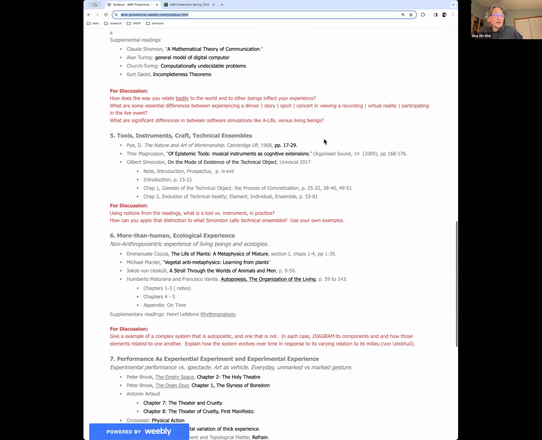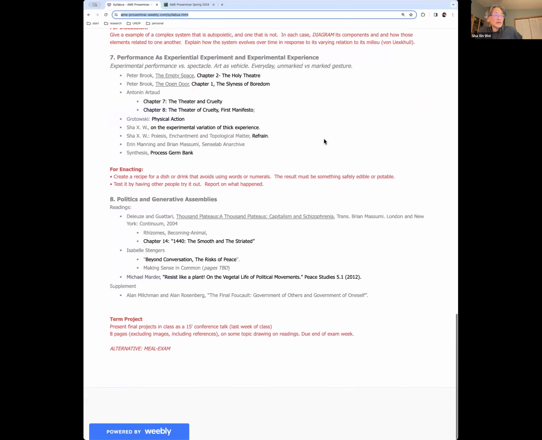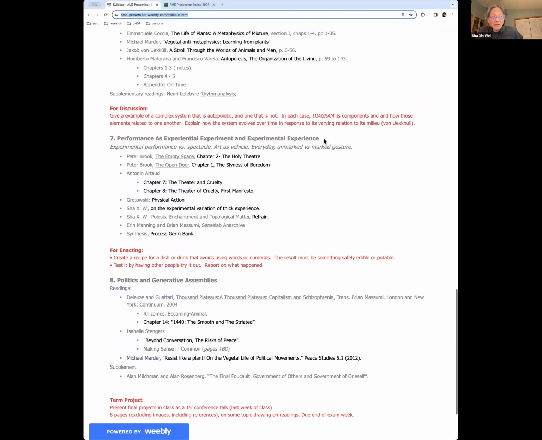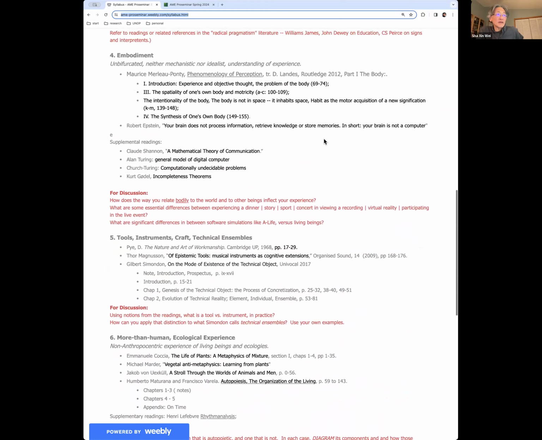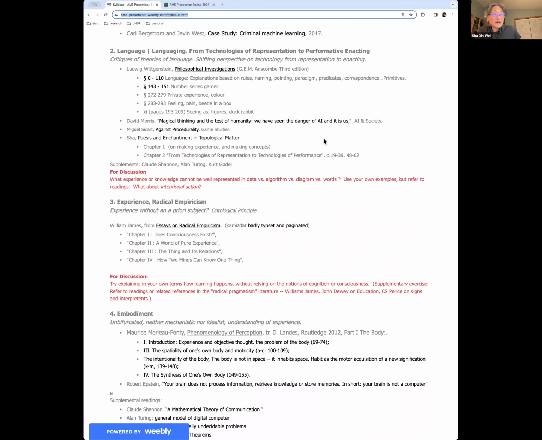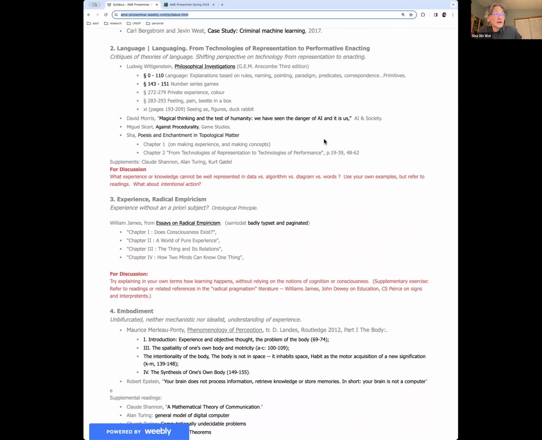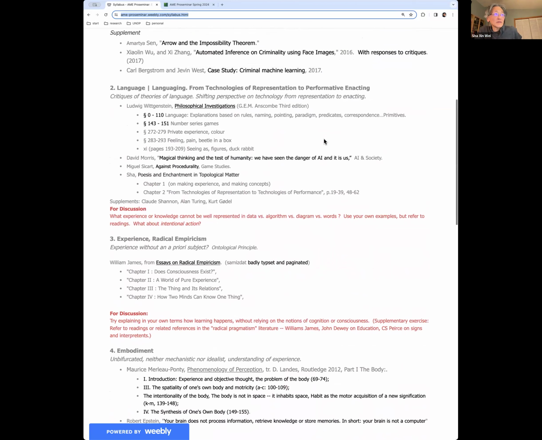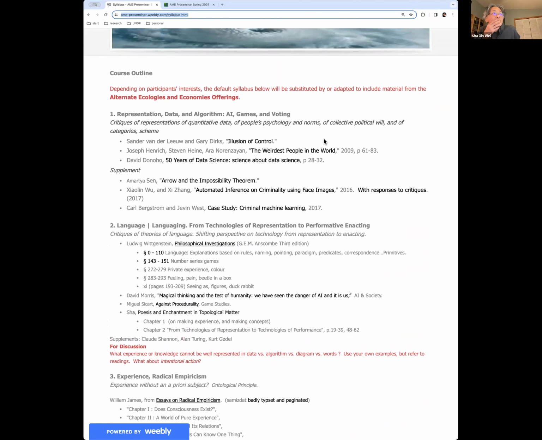So like I said, there are these sections here. We have a whole semester for these 8 sections, so some of the sections can take more than 1 week. And I'm thinking, if some people want to look at data viz and the questions of data science, things like that, we can maybe take that up next time.